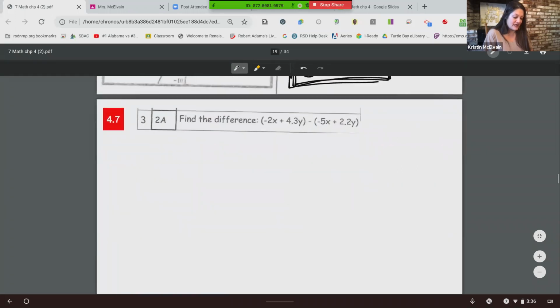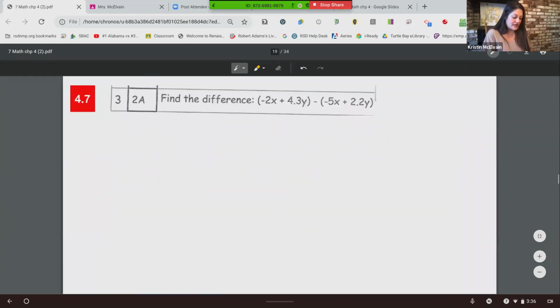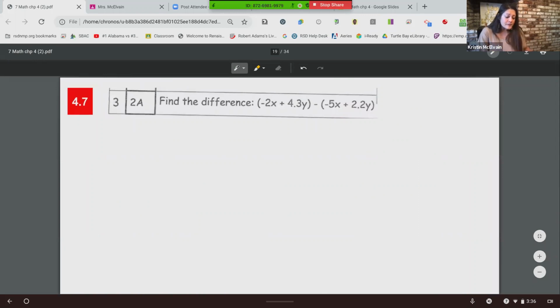Okay, number 3, find the difference. So you guys had some homework like this the other day. And we need to get all of those numbers out of the parentheses. Remember that at the front here, this first one, it's like we are multiplying it times a positive 1. And this one here is like it's times a negative 1. Okay, so we are going to simply distribute those, the 1 and the negative 1. And so that's going to give us, I'm going to kind of spread it out here. 1 times negative 2x gives us negative 2x plus